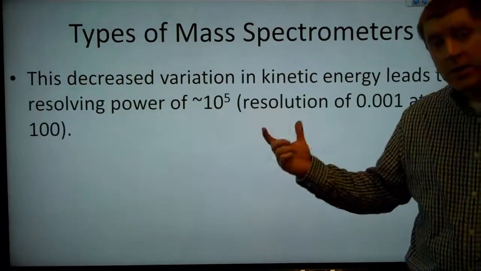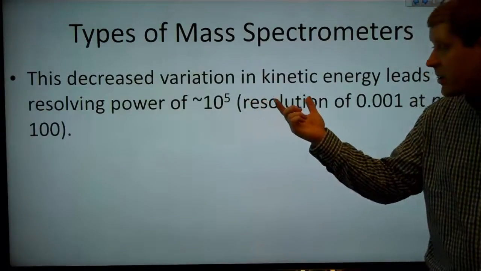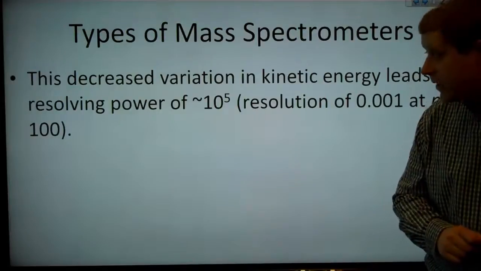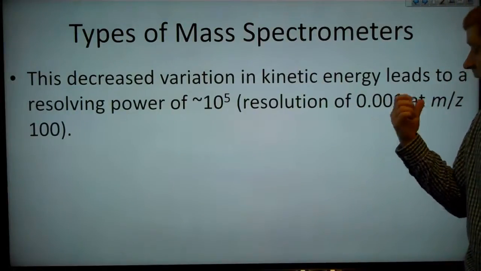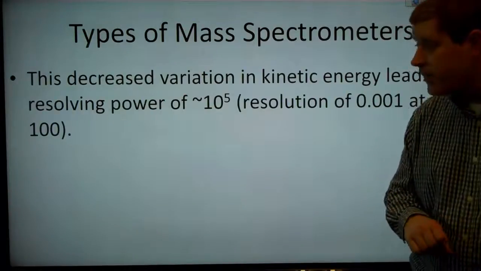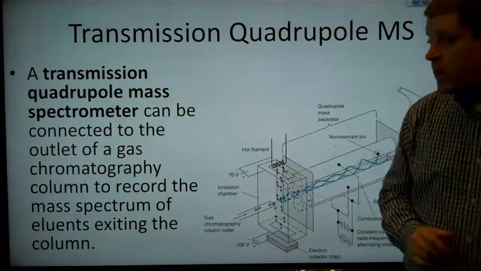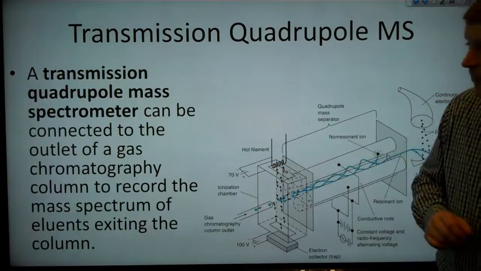So this process decreases the variation in kinetic energy amongst our ions, and this decreased variation then leads to a resolving power of closer to 10 to the 5, and this means a resolution of 0.001 at a mass to charge ratio of 100. Another quite common type of mass spectrometer is the transmission quadrupole mass spectrometer, and here our